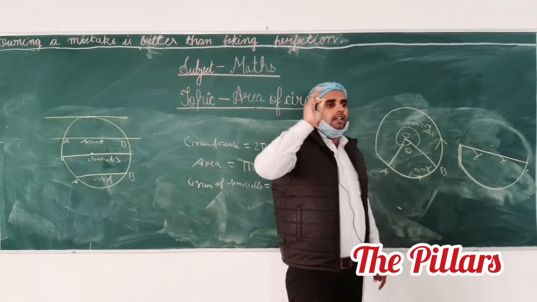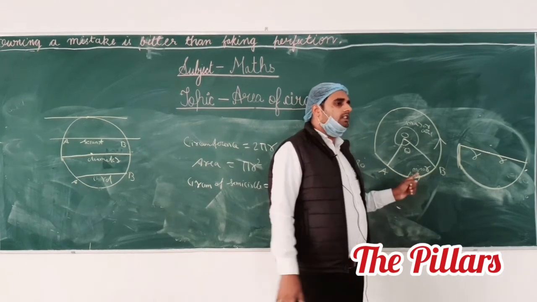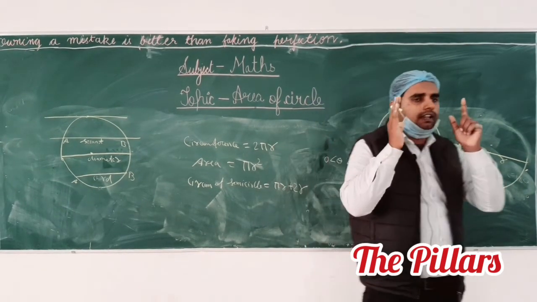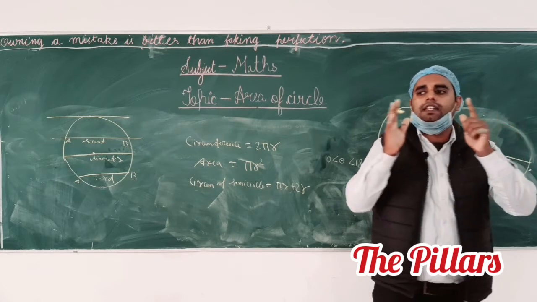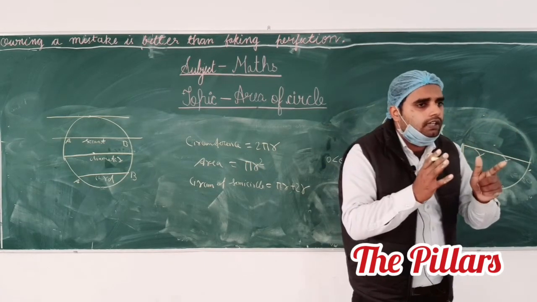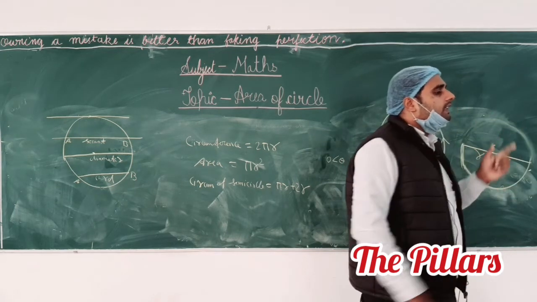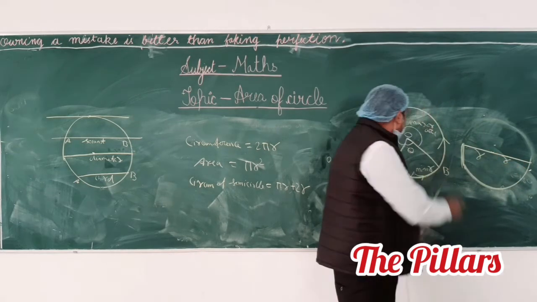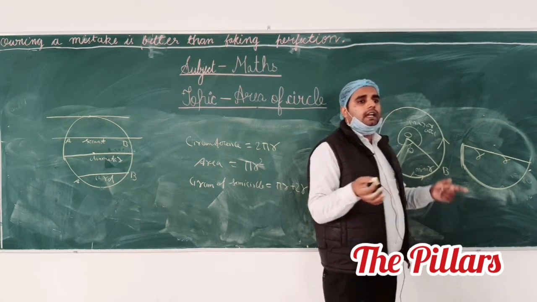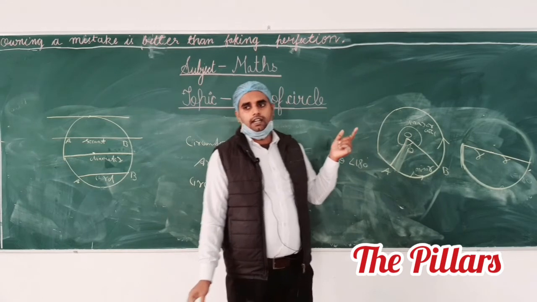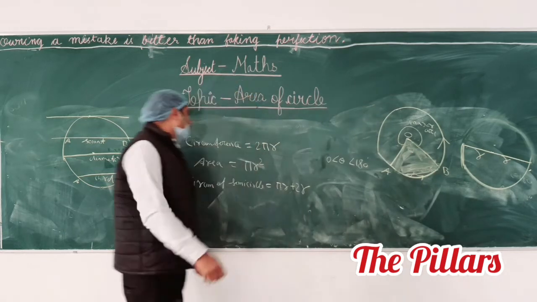Does anyone have any doubt in central angle? What is the central angle? What is the major arc? What is the minor arc? In class 9th, we have also discussed these things. The angle made by any arc at the center of the circle is said to be the central angle. If the angle made by an arc is less than 180 degrees, then this arc is said to be the minor arc. And if the angle made by the arc is greater than 180 degrees, this is said to be the major arc. The area covered by the minor arc is said to be the minor area, and the area covered by the major arc is said to be the major area. Till here, does anyone have any problem? Write down the definitions. Write down the definition of central angle.